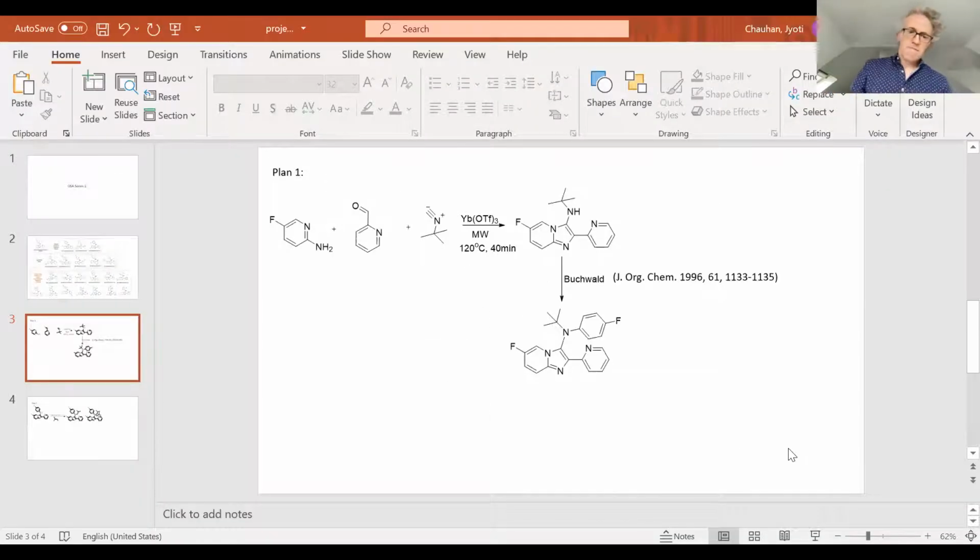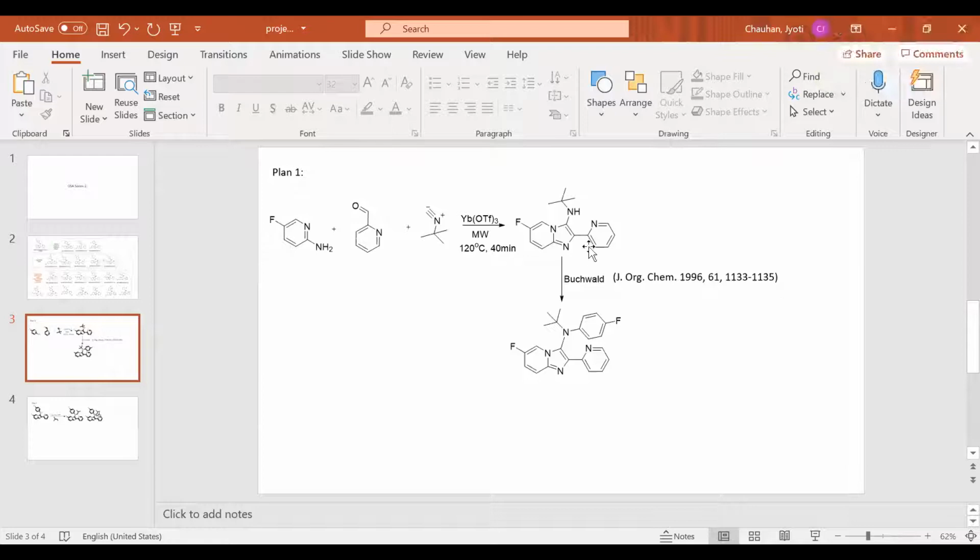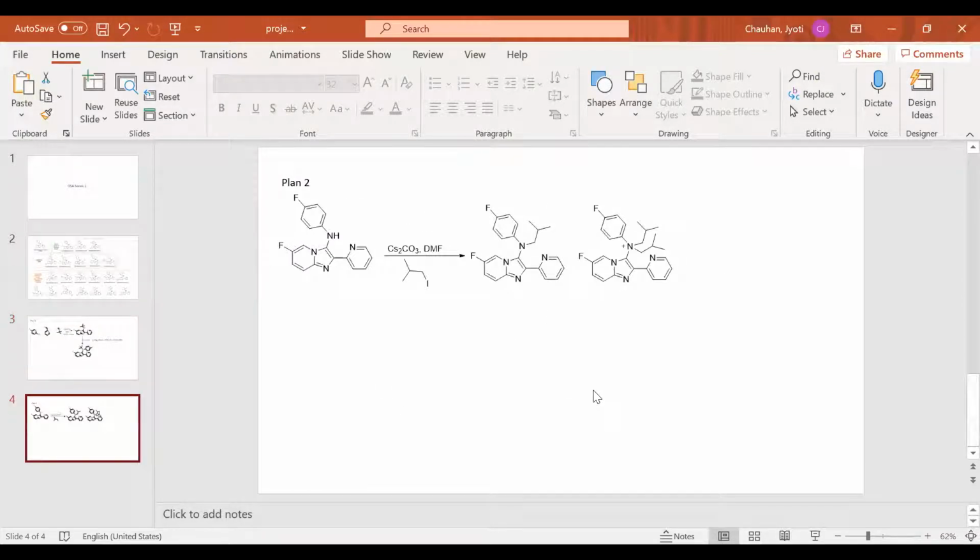Great. Why are you using the alkyl iodide as opposed to the alkyl chloride or alkyl bromide? Could that possibly be why? Because it's just so reactive that you're getting clots.